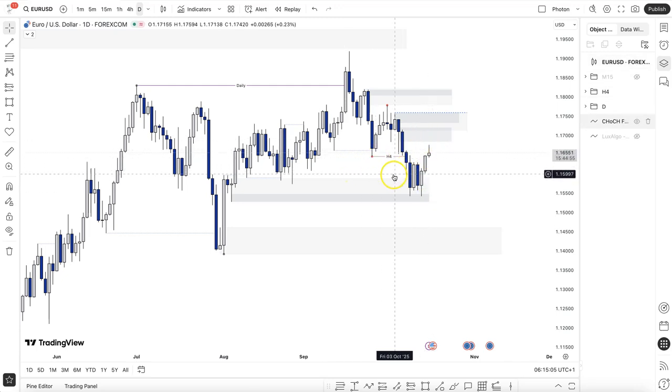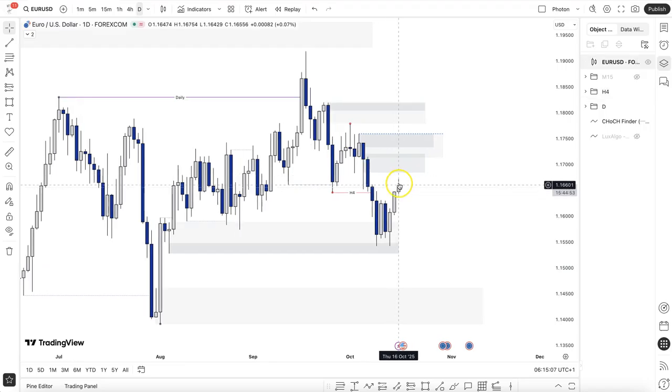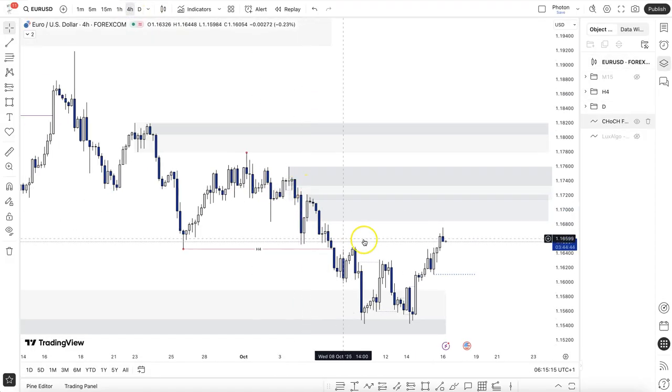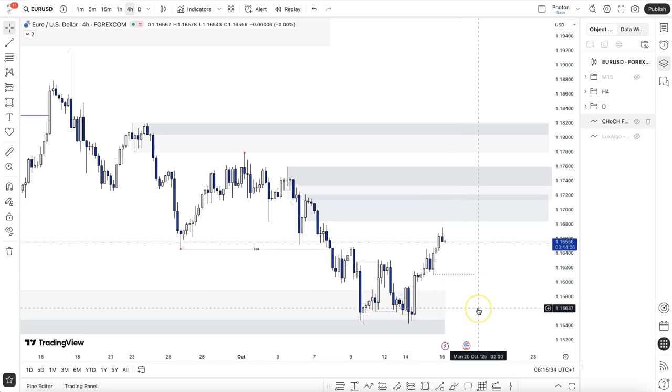So I would still be a little cautious, and I would not look at declaring that, yes, the pullback is over. So we'll just wait and watch. So we're looking at the 4-hour. We're just going with the premise that, yes, we've come in and the pullback has started, therefore this looks bullish. But I would think that we probably dip into this supply zone or this supply zone and then continue the bearish movement.